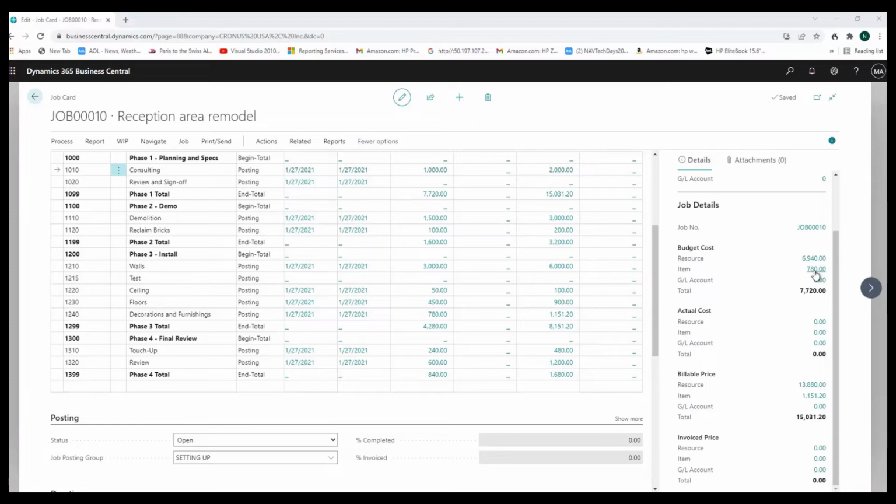resources and for items. We have actual cost for resource and items. We don't have any cost on those. Billable prices, the resources at $13,888 and the items at $1151.20. So our total billable amount for this particular contract is $15,031.20. So this gives us an overview of what is the scope of this project in terms of cost and